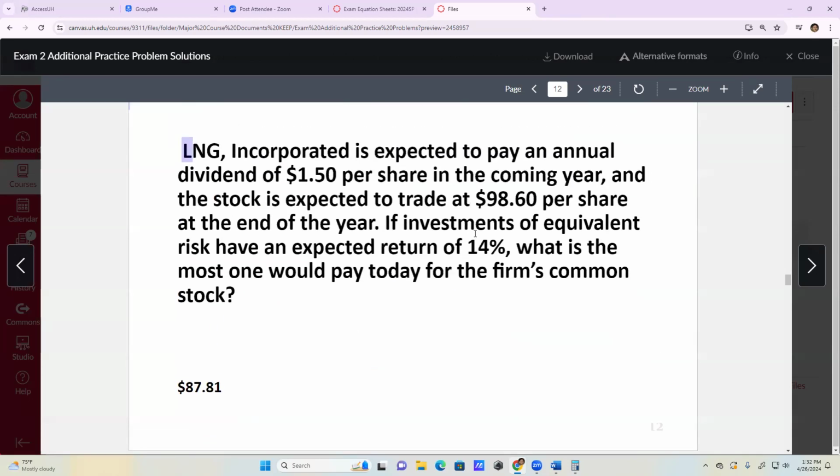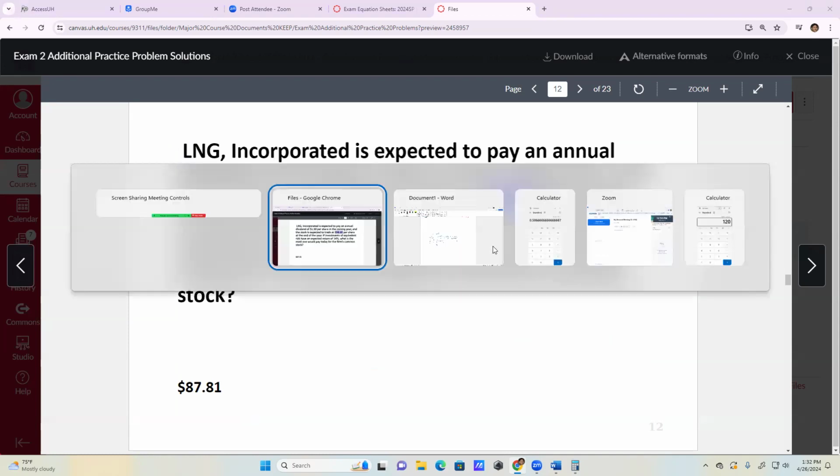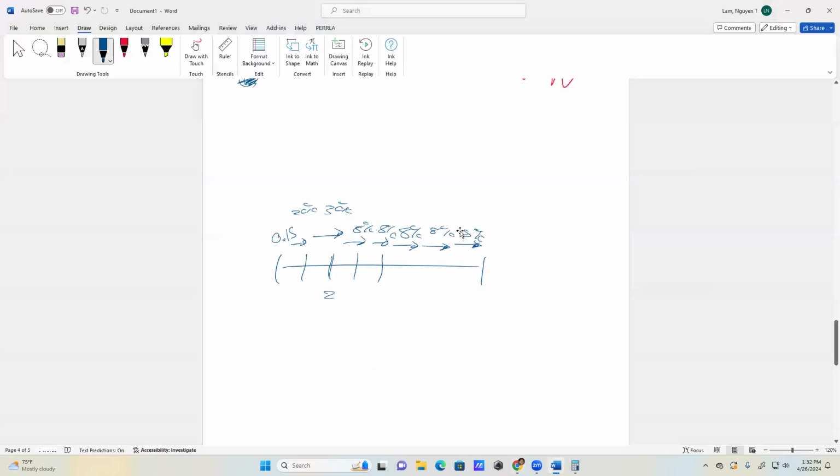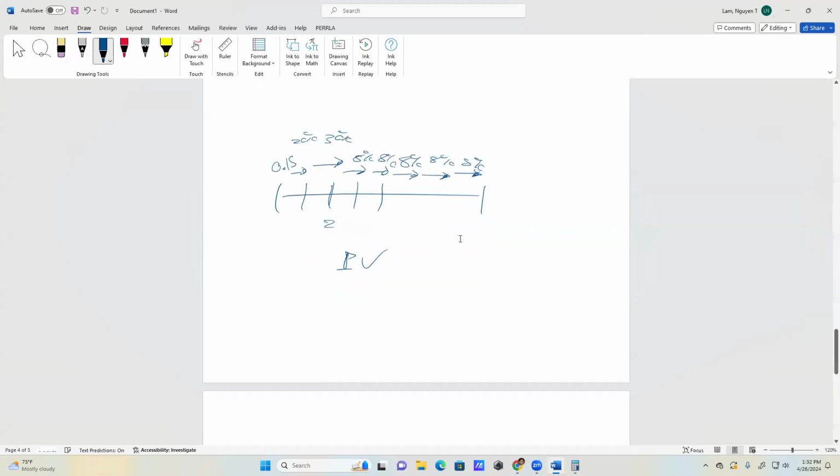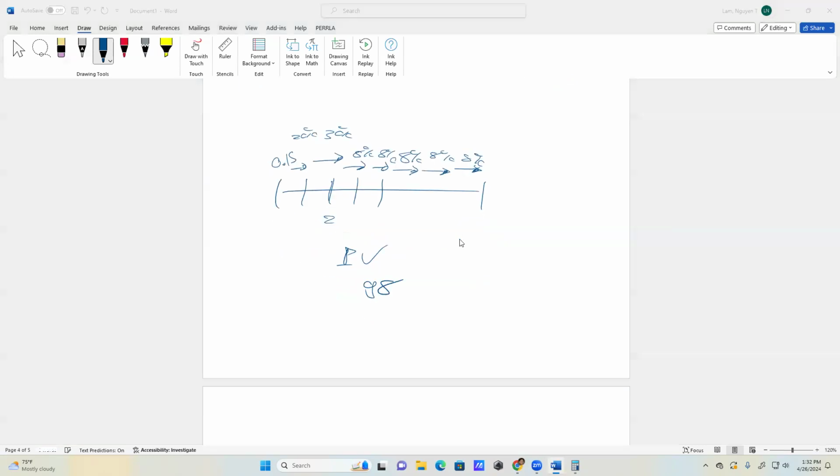Yes, this is the return type problem, where let's say you know that this is the expected, right? Let me draw it for you. You try to find the value today of the stock. You know that it's going to trade for